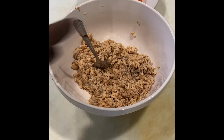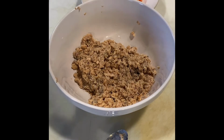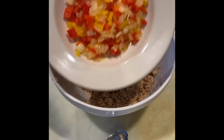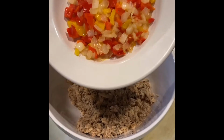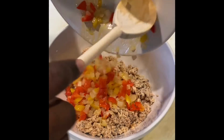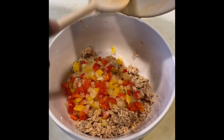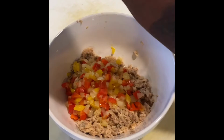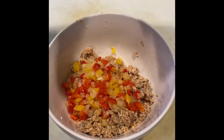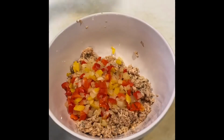Okay, welcome back. So what I have here is I have my sauteed vegetables, my onions and bell pepper. I'm gonna mix these into my bowl. Also, there's 2 ingredients that I added, and one is gonna be a little lemon and pepper and